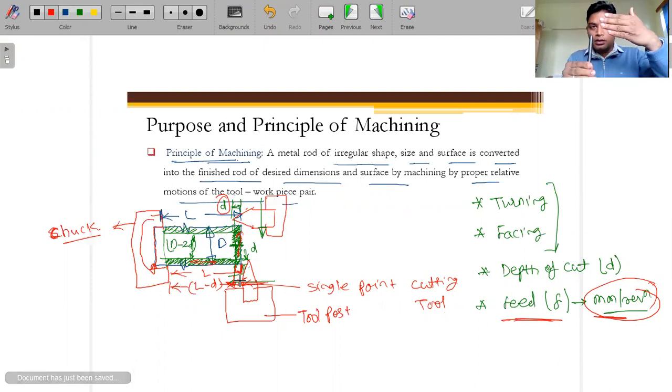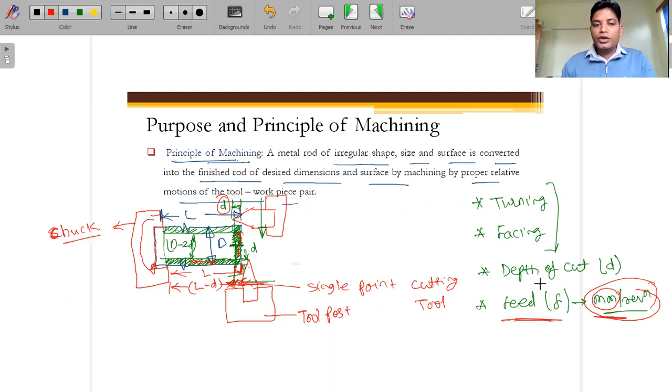So this shaft is rotating, and we are keeping the tool like this. Okay, we are moving this tool like this. So this is basically the reciprocating motion. If we are talking about the reciprocating motion, then whatever the length that we are traveling, we can measure in meter, centimeter, or mm. So here we are measuring that in mm, that is millimeter.